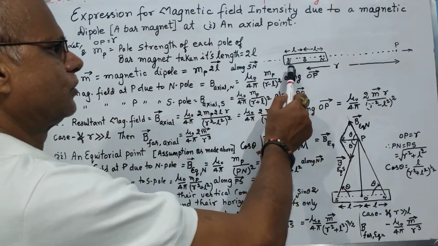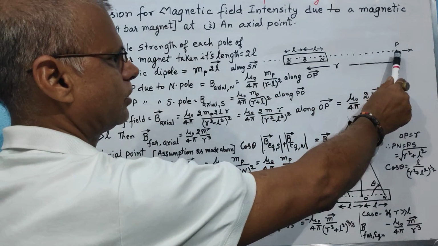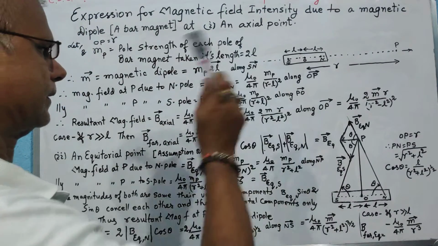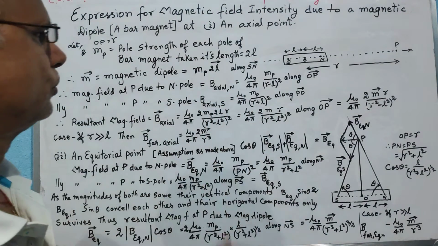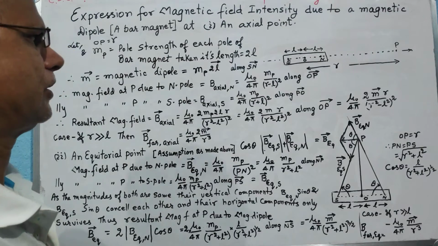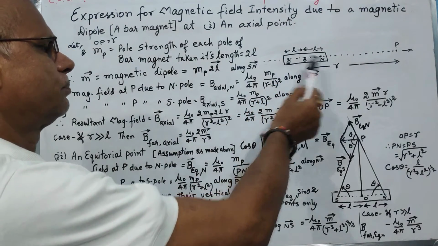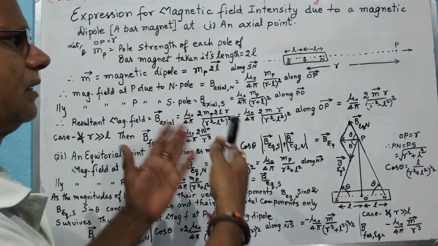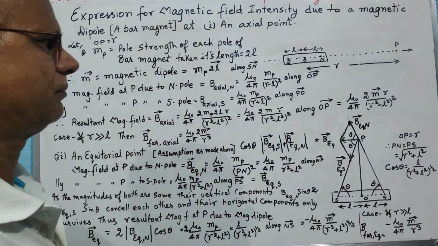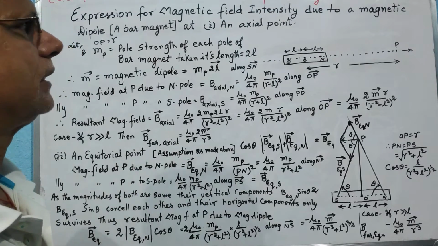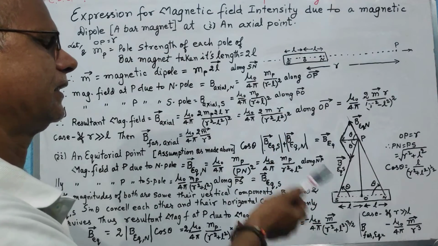Means if you have a south pole over there and you have a test north pole over there, then that will be pulling it towards it, therefore the direction. Now if we have these two individual magnetic field intensities produced due to the north pole and south pole, then we can very well understand they are in opposite directions, so the resultant will be just the difference of these two, and will be along the direction whichever is greater in strength.